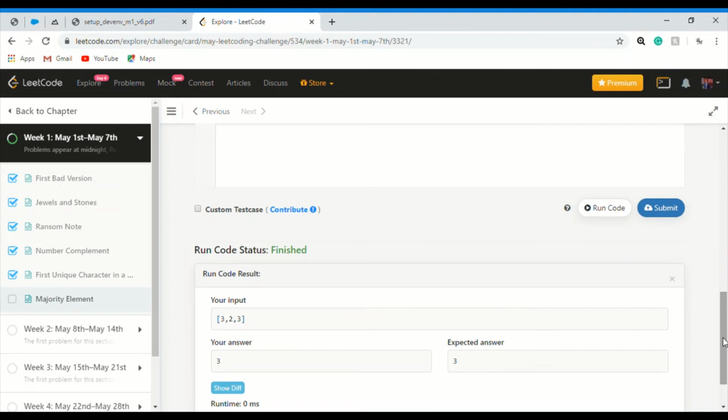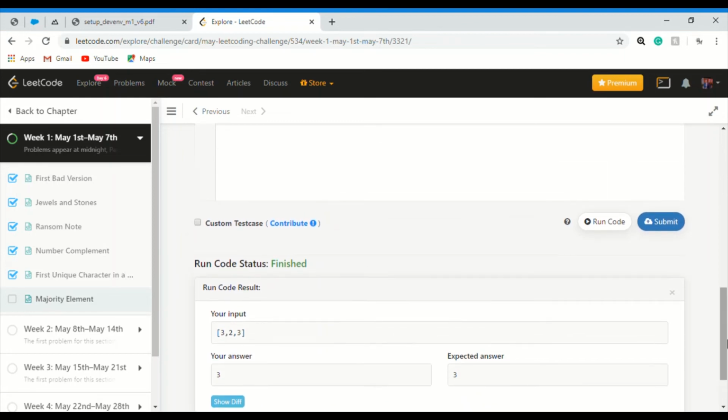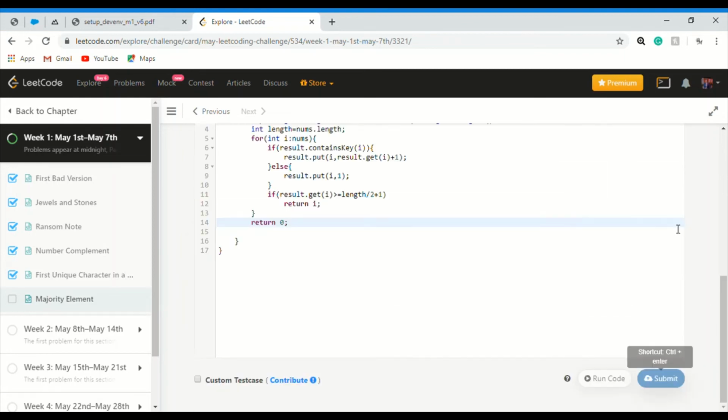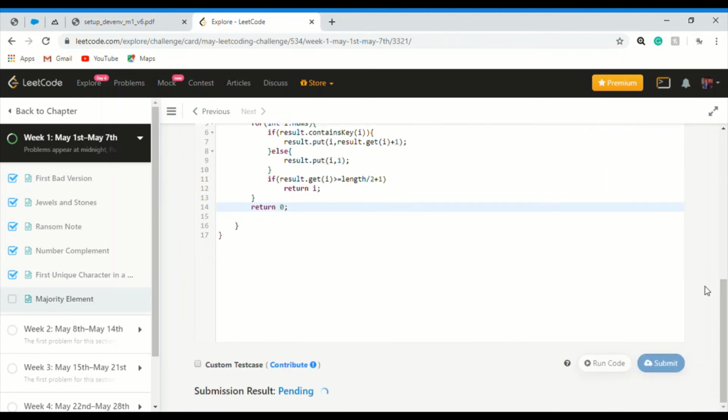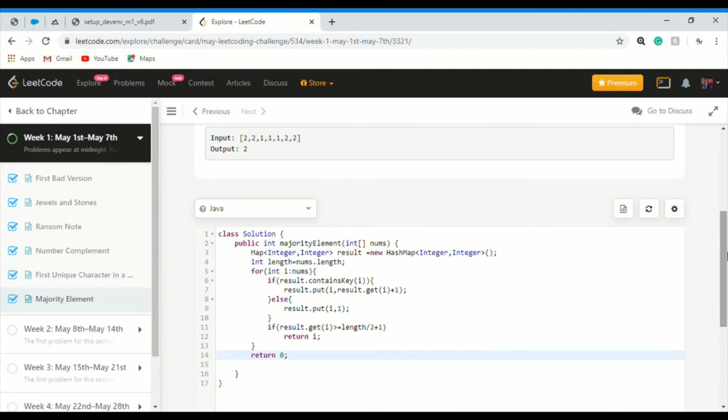Yeah, got it. The runtime is 0 milliseconds. It's the best case, as I told earlier also. Now let us submit it. Yeah, accepted. So this was the Java solution.